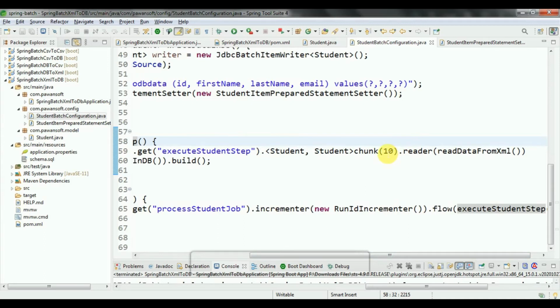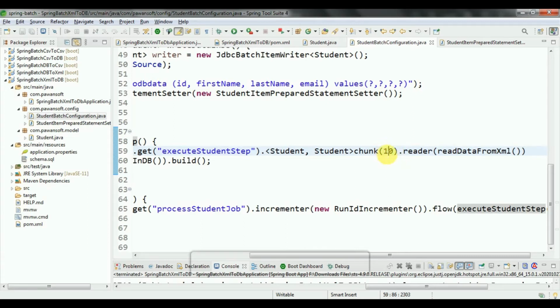If you have more than 5 million or 10 million records, to reduce the time you can declare the chunk size as 10,000 or 20,000. It will help you to reduce the time.